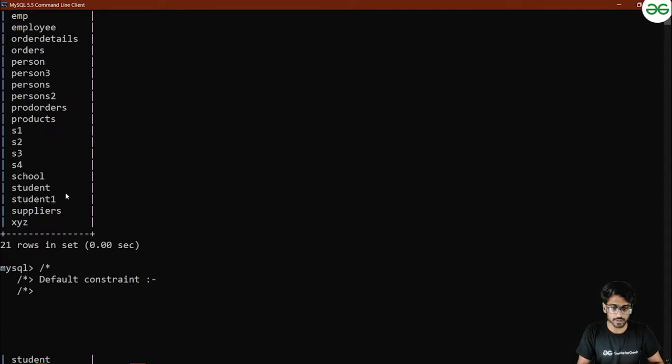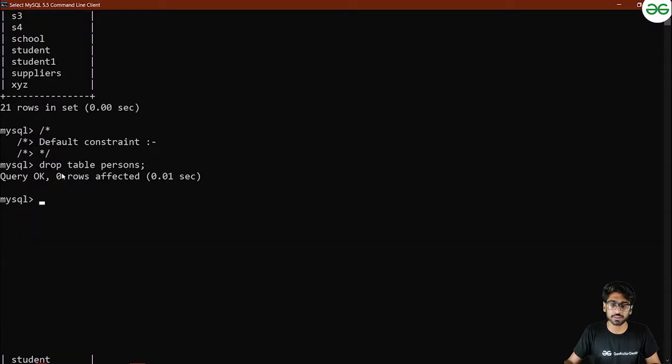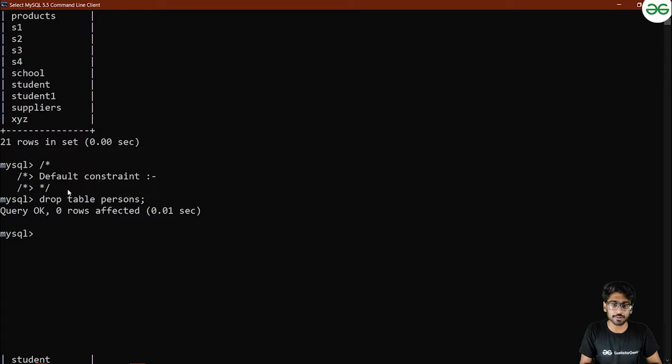Now let us create a table and try to implement this. I have ended this comment over here, and I'm going to create a table. Create table. The Person table already exists, so first let me delete that table. Drop table persons. Right, so this table that I previously created is now deleted. Okay, now let me create another table,